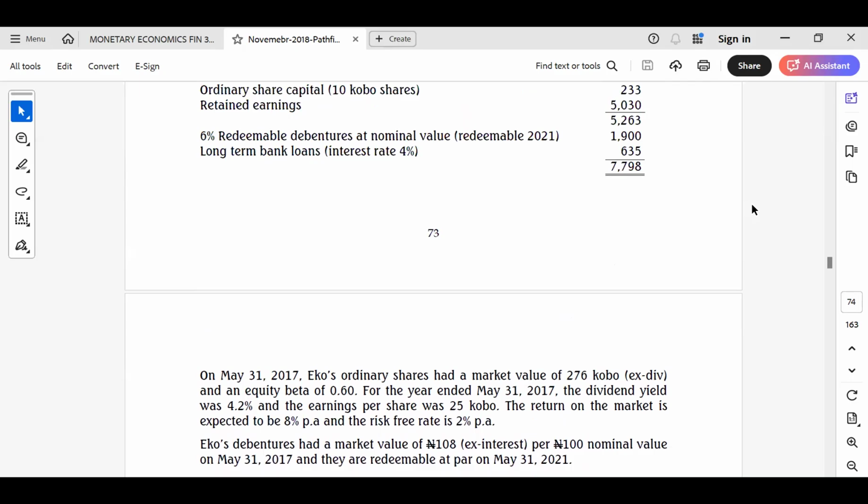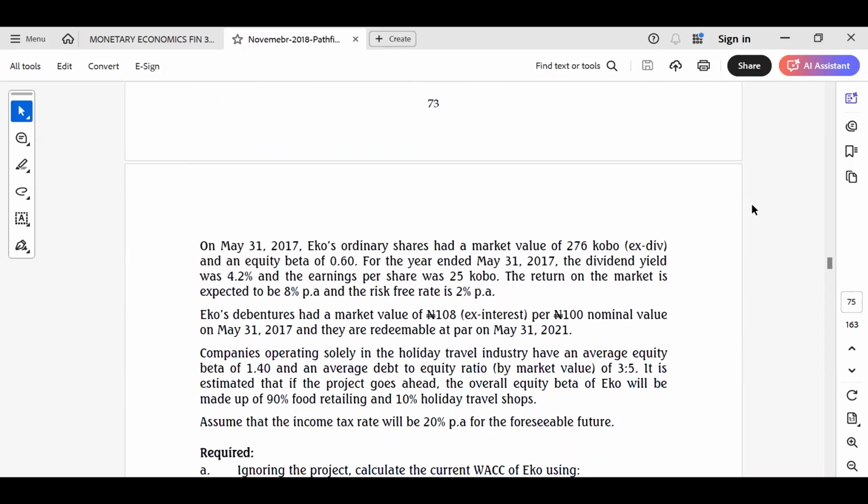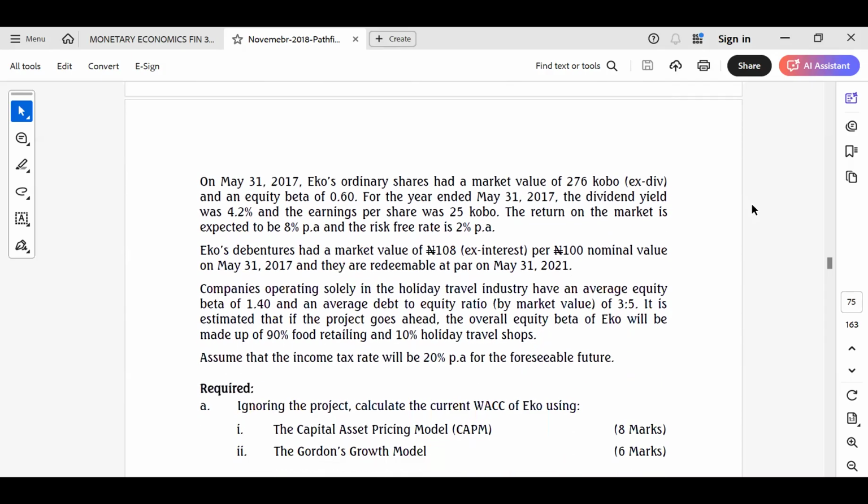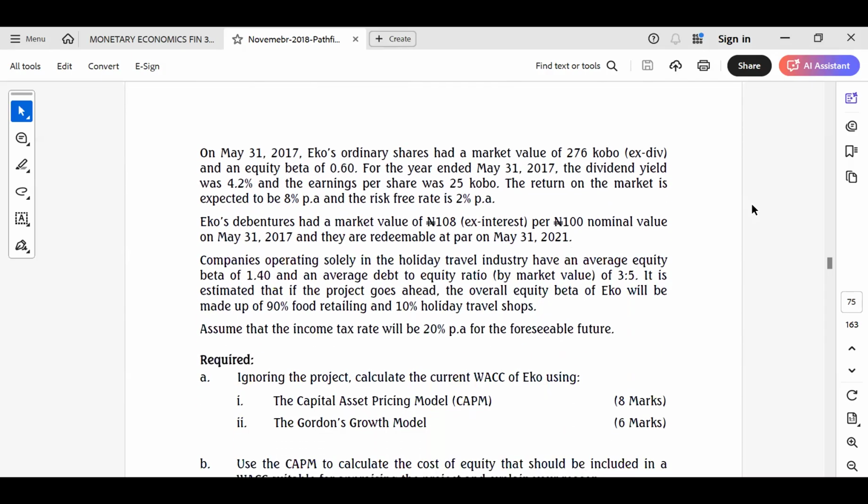Then on May 31st, 2018, a Coast ordinary share had a market value of 276 kobo excluding gains and the equity beta of 0.60. For the year ended May 31st, 2017, the dividend yield was 4.2% and the earnings per share was